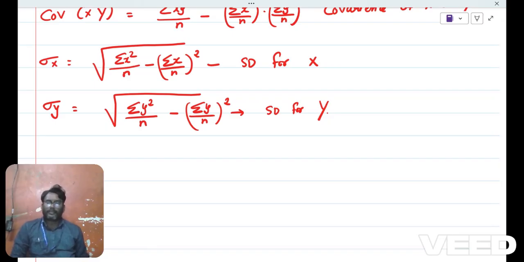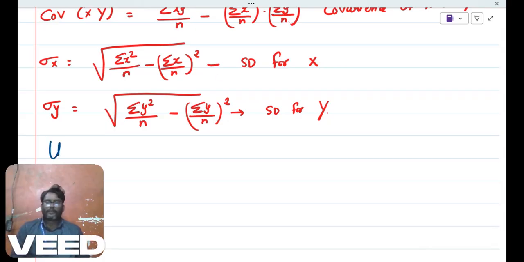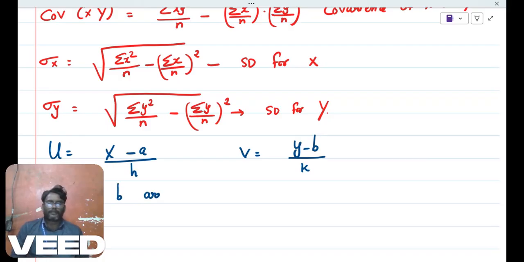That is, u is equal to x minus a divided by h, and v is equal to y minus b divided by k. Here a, b are called shifting,